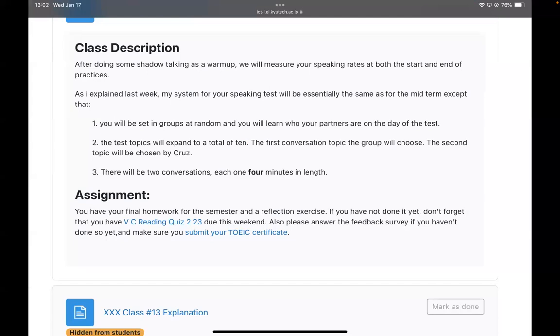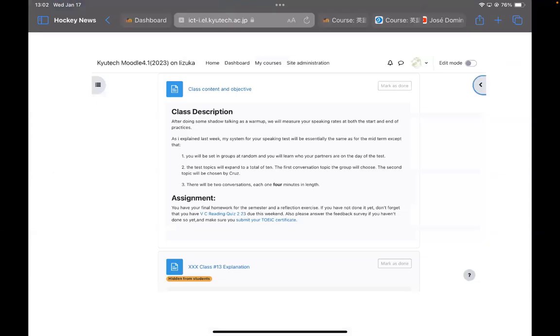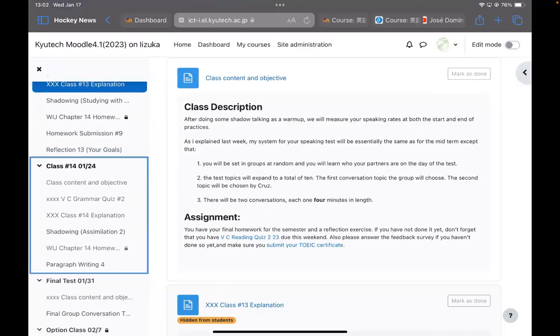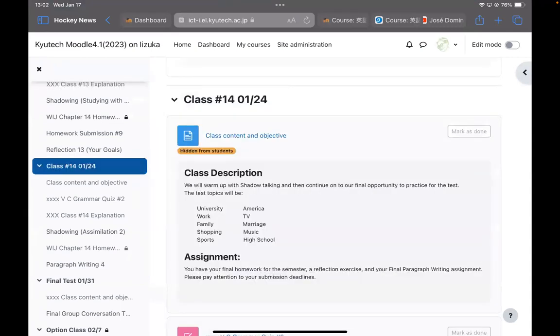It looks right now there will be 7 groups, but that depends on who actually comes to the day of the test. Please make sure that you remember it is January 31st. Please come early so that we won't have any problems with that. But it looks like there will be 7 groups. One or maybe 2 of them will be 3 people in the group, but most of the groups will be 4 people.